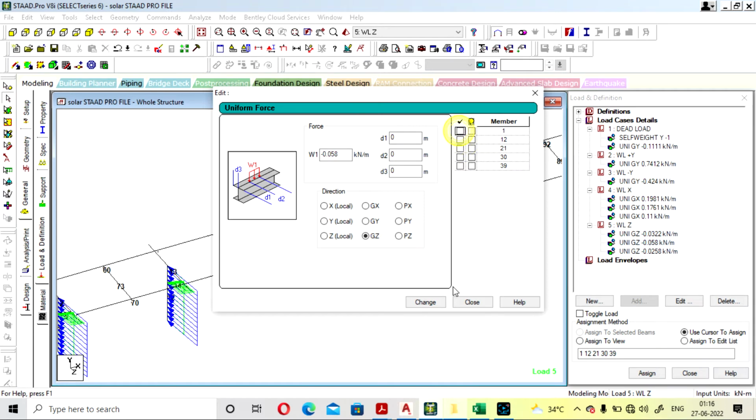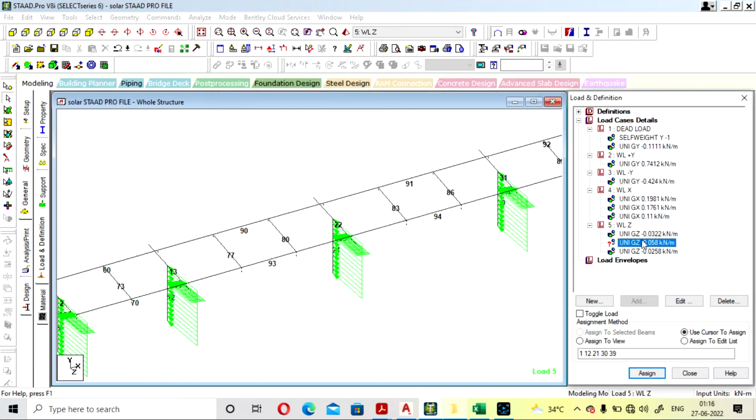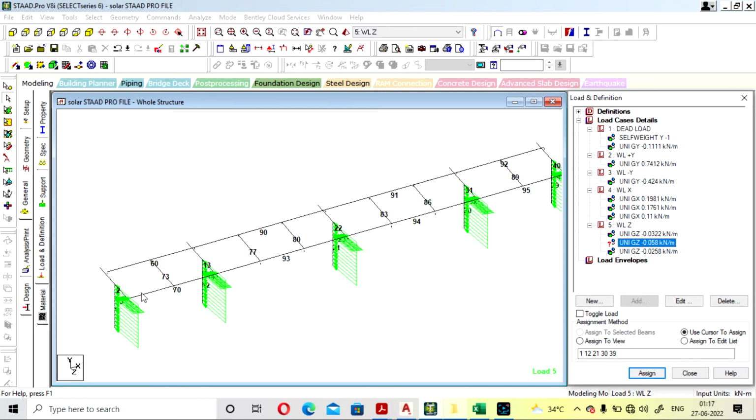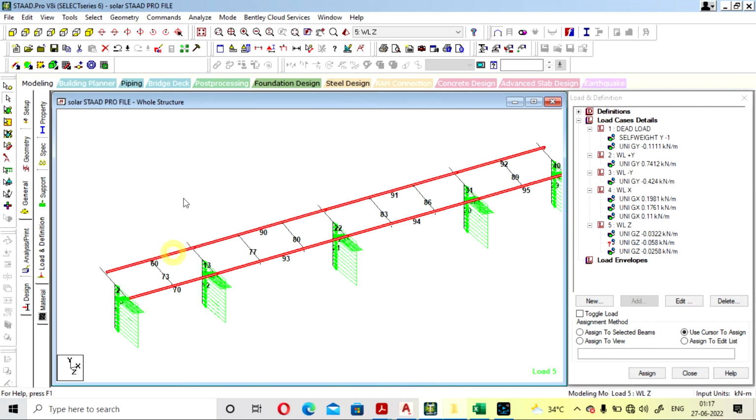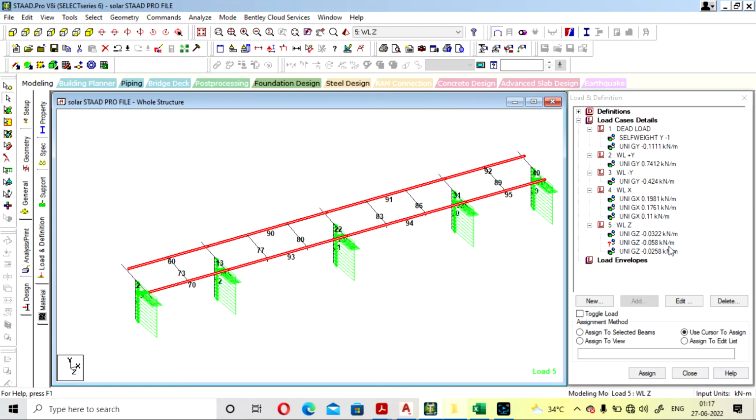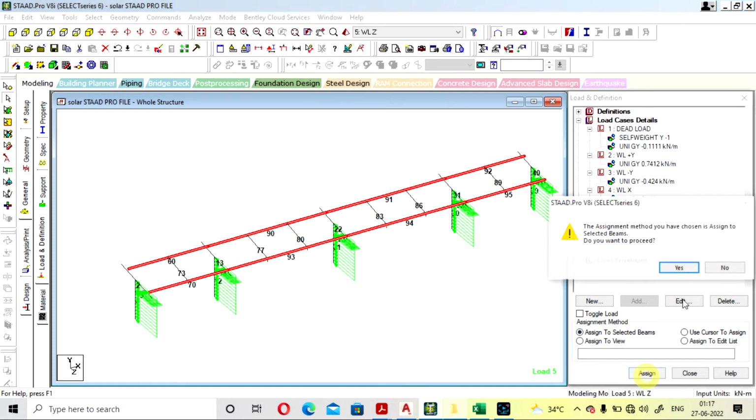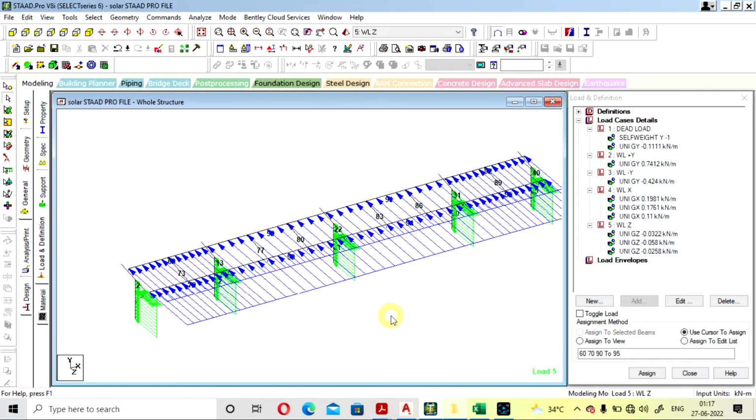So you have to provide this for rafter. Just select the purlin and select both the purlins and just I to selected beam and apply. So this will be applied on the purlin from Z direction. Okay,